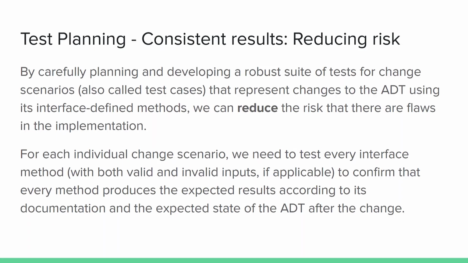By carefully planning and developing a robust suite of tests for critical and representative changes to the ADT using its interface-defined methods, we can reduce the risk that there are flaws in the implementation. For every individual change scenario that we identify, we need to test every interface method using both valid and invalid inputs where appropriate to confirm that every method is behaving consistently with the expected current state of the list according to the ADT documentation. It's the combination of all tests returning results consistent with the ADT for all change scenarios